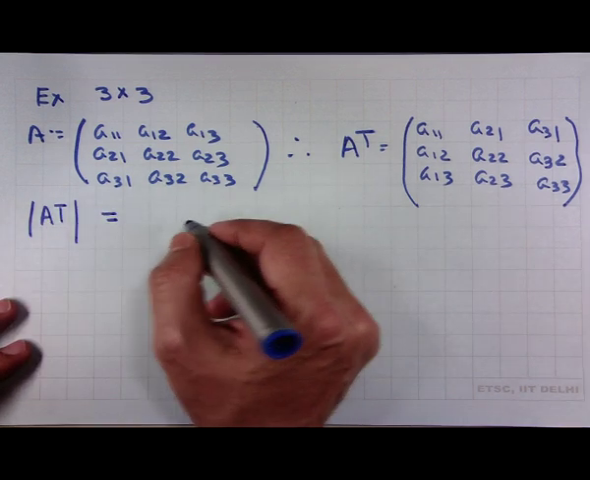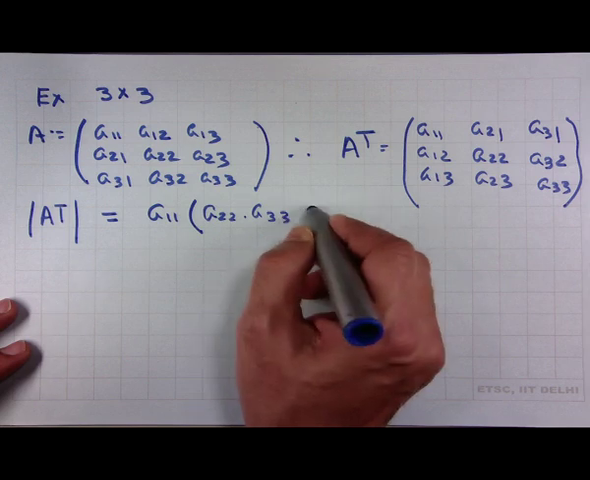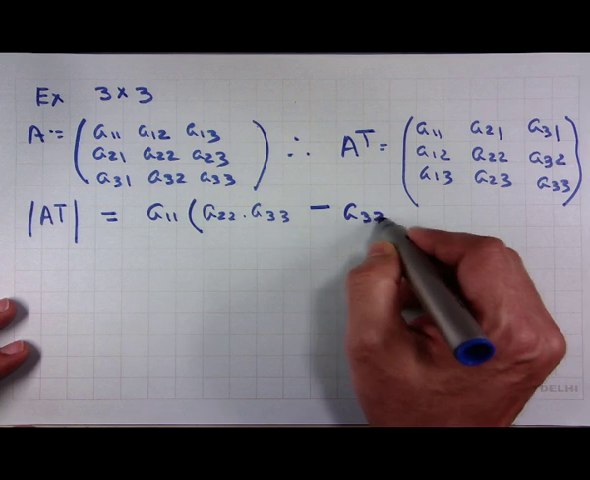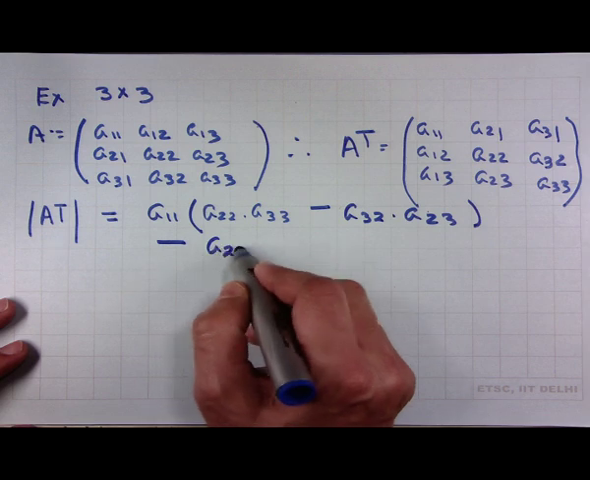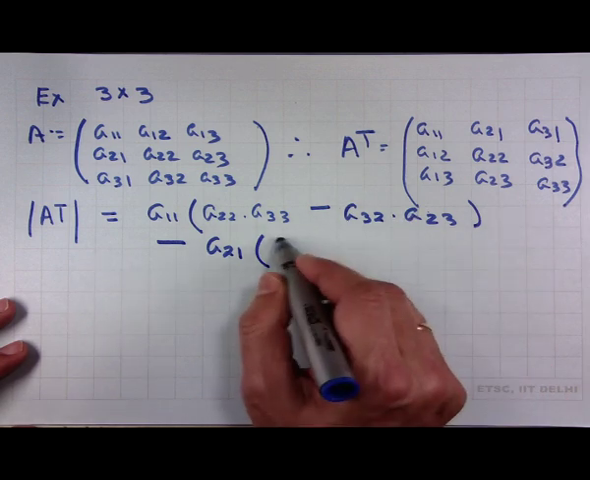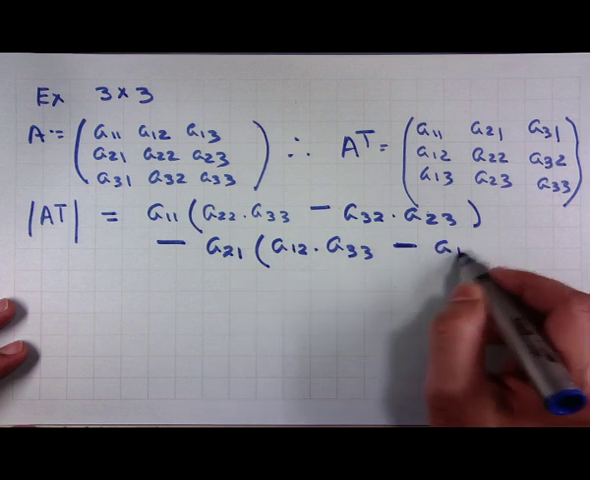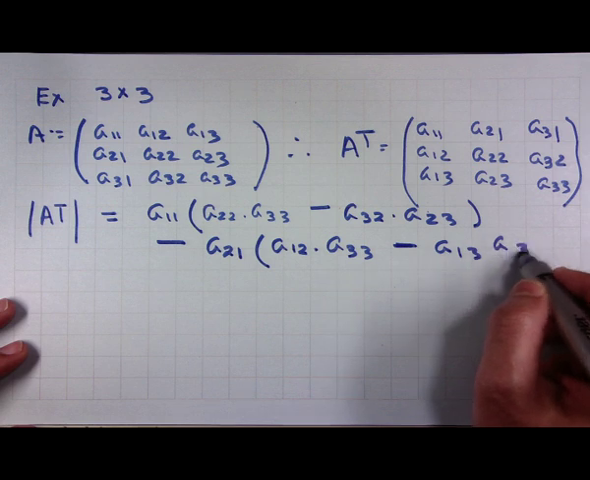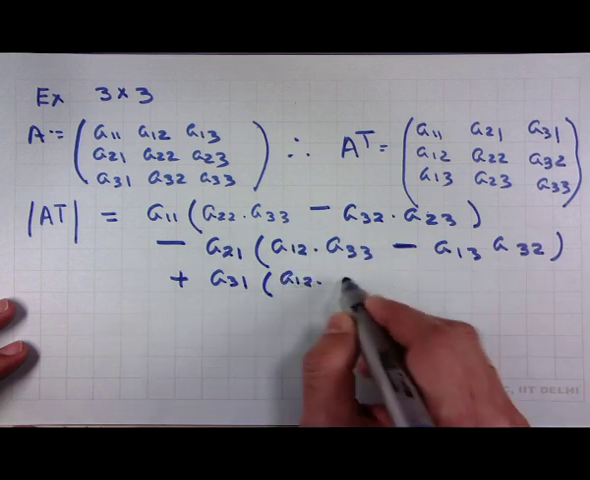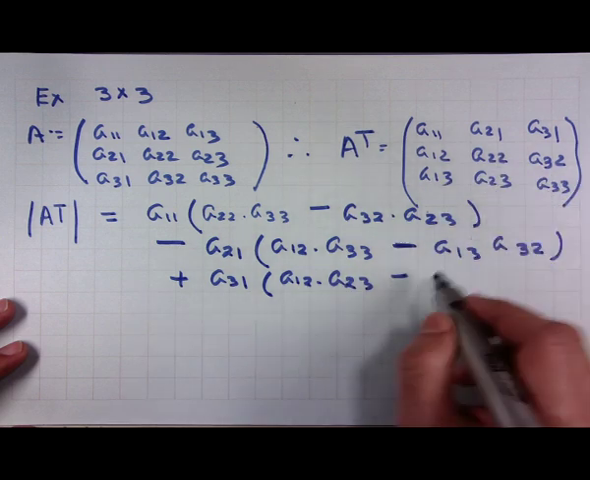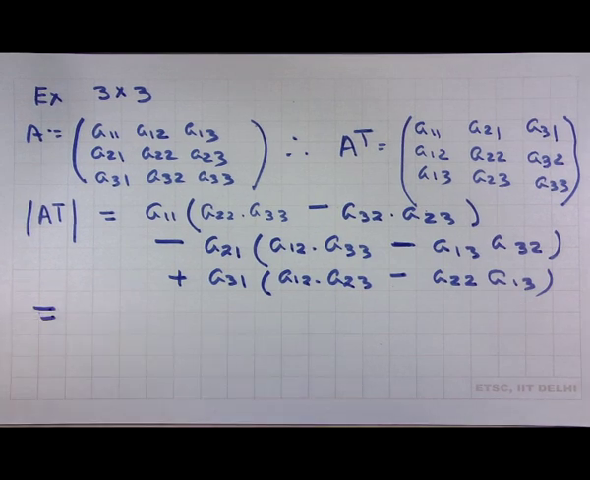Let us again expand along the first row. So, it is A11 multiplied by A22 into A33 minus A32 A23 minus, now I am expanding along the first row, A21 multiplied by A12 into A33 minus A13 into A32 plus A31 multiplied by A12 into A23 minus A22 into A13 is equal to, if we expand now, we get